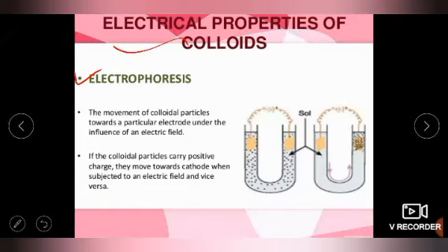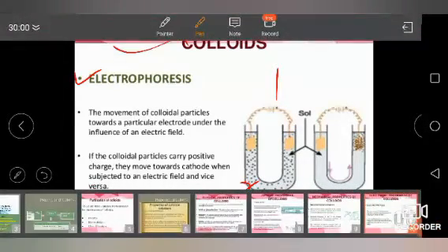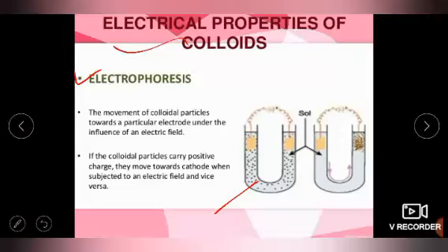You can see these small particles, which are called colloidal particles. If we pass electricity, connecting two rods in this solution, what is happening? The particles are moving very fast, they collide, and they collect in one place, at the cathode. That's why it is called electrophoresis. Electrophoresis means that with the help of an electric charge, the particles collect.